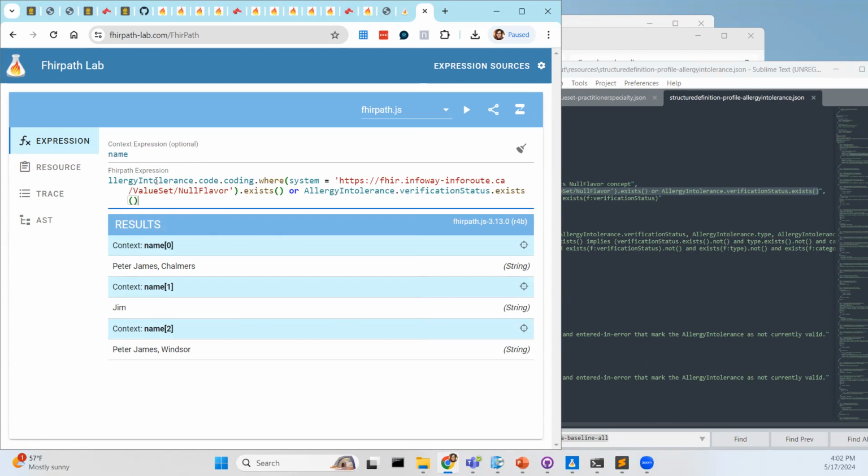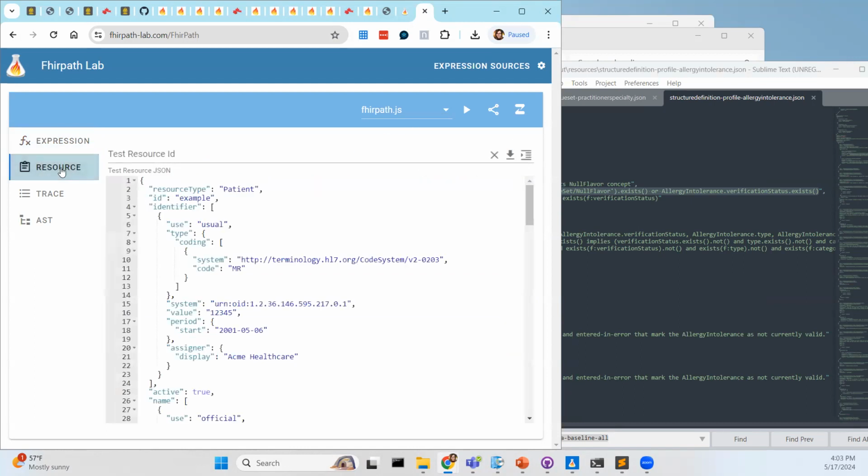You missed the A in allergy. Oops. Okay. Context is the element we want to start on. So I think it's allergy intolerance. And then click on resource. Resource. Where? Right here? Yeah. All right. And paste an